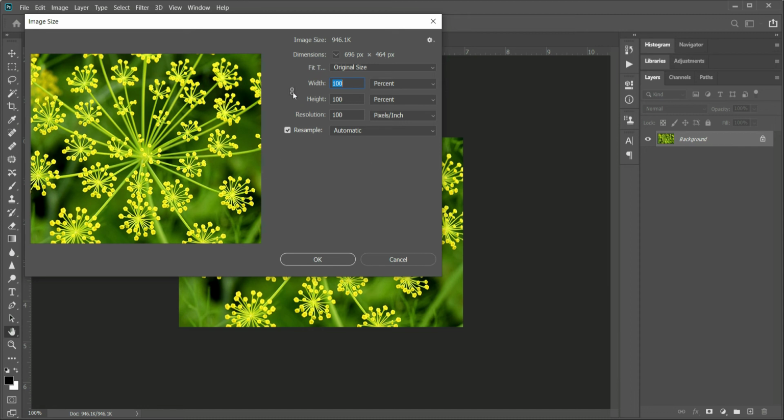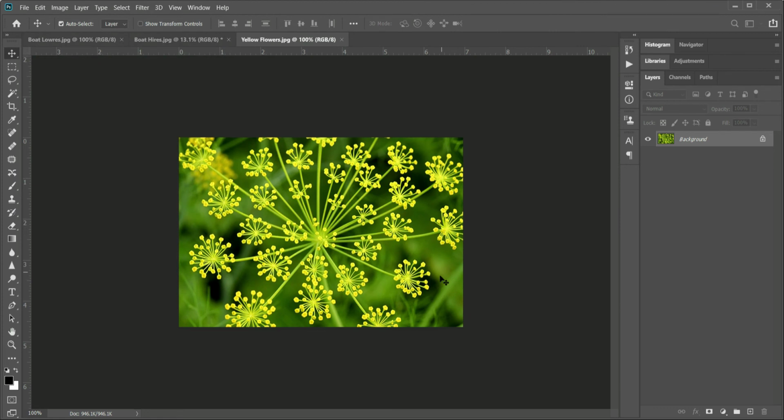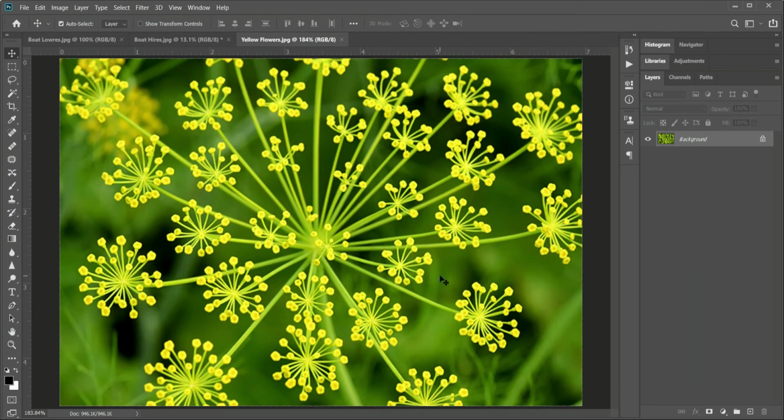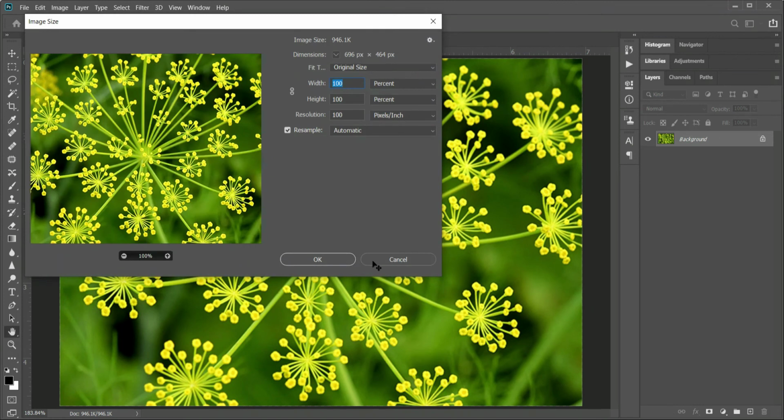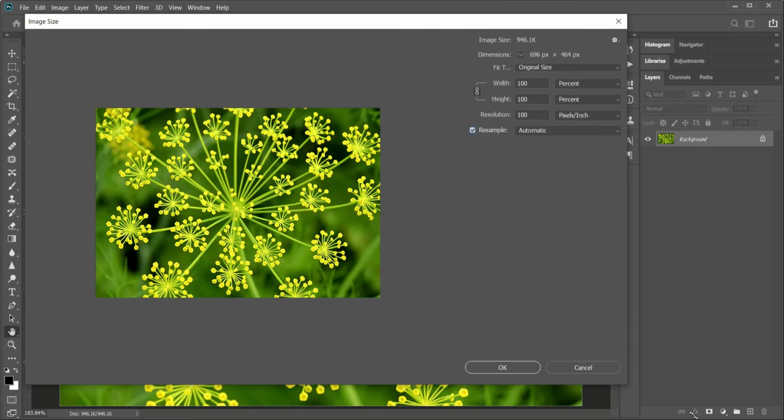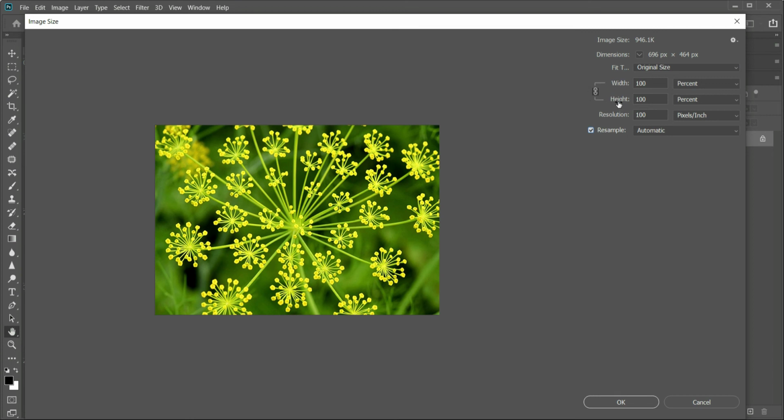And press Ctrl 0, Command 0 on Mac, to fit this in full view of the screen. The image size is zoomed to 184%, or if you want to be precise, it is 183.84%. And as before, we bring up the image size dialog box and I click the resample option. And this time I tick the resample option and choose the option automatic. So far nothing has happened to the image, except you see that the width and height of the image are linked and the resolution is set free.